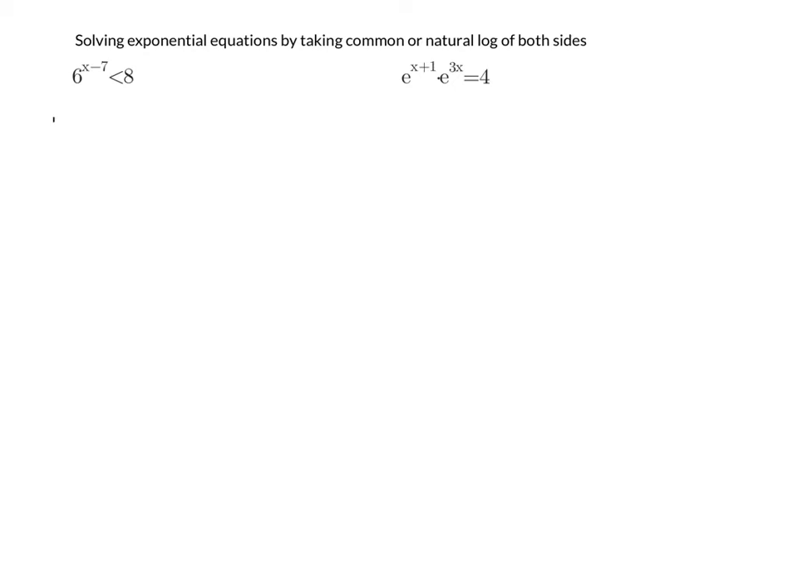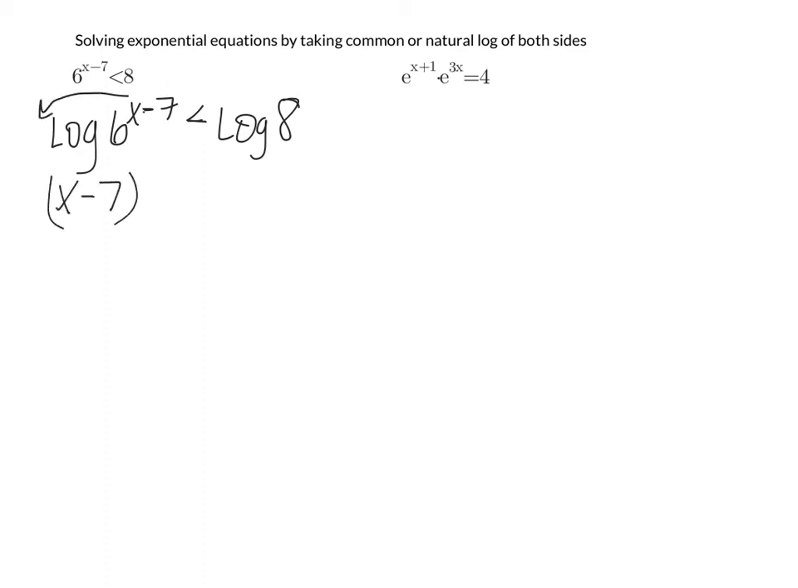I'm going to take the log. I'll do this one with log. I'll do that one with natural log, especially because it's already e. Log of 6 to the x minus 7 is less than the log of 8. And my power property says my exponent can come out front, so x minus 7 times